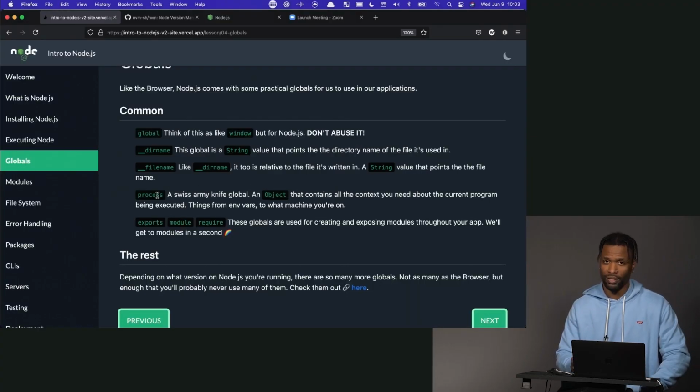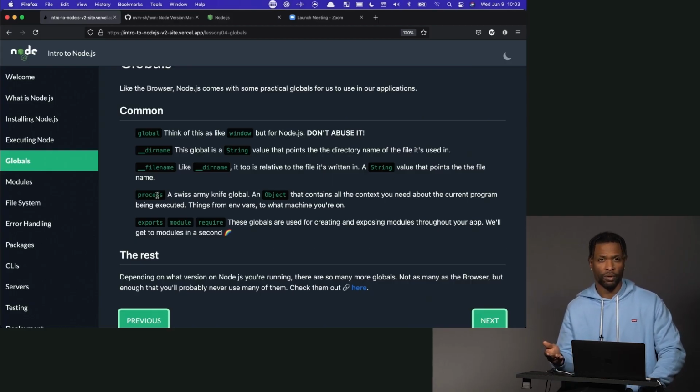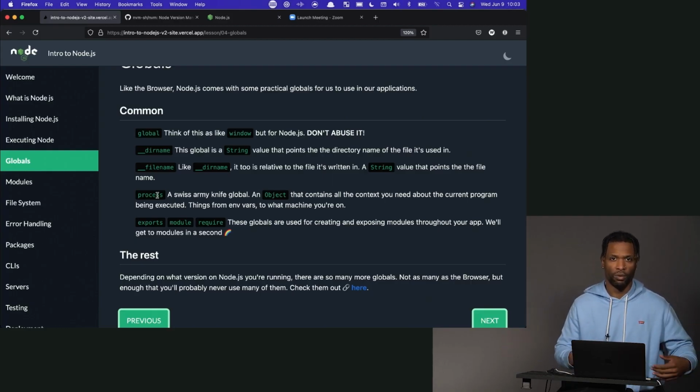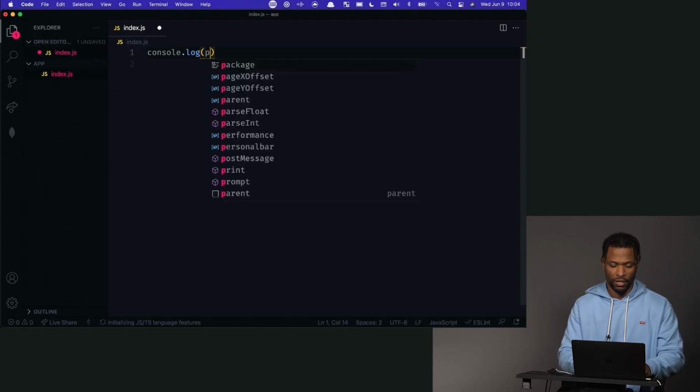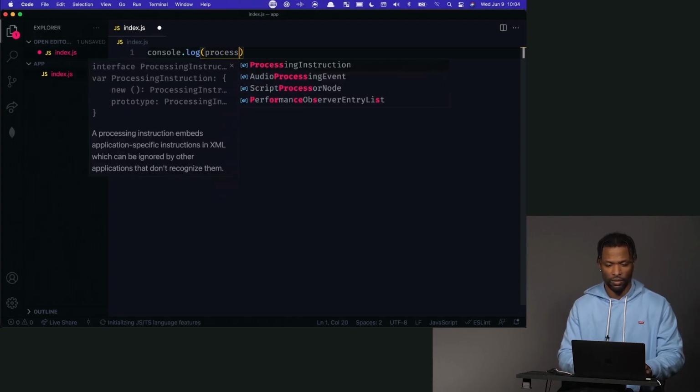We have something called process, which I would probably argue is the most helpful thing inside of Node.js. And this is when you start to understand the power of Node.js compared to a browser, which is also powerful in its own right, but you can see how different they are. So if we go to our handy log over here and we check out the process object and we log this,